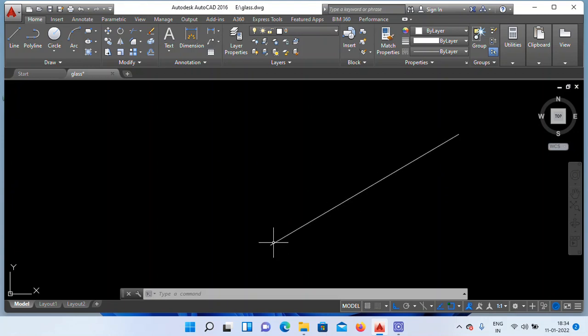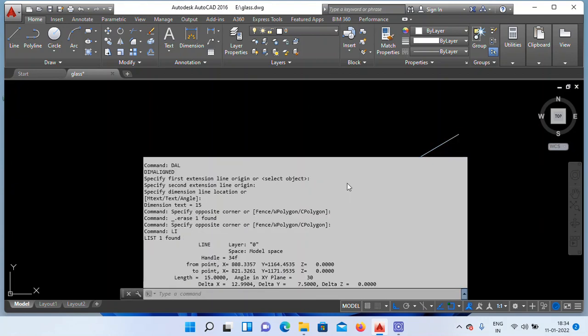List command is used to find its length value as well as its angles. To find its exact accuracy value and its angles, apply the list command on this line. Just select the object, type just 2 letters, LI, enter. Let's see here, length 15 meters, angle 30. Like this we have to do. Okay.